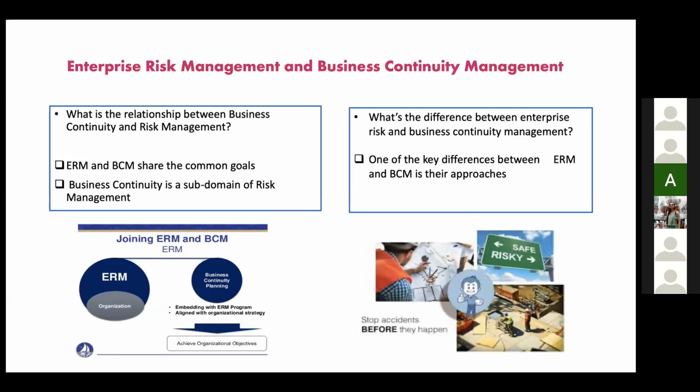COSO describes ERM as a process that is established and implemented by a board of directors, management, and other personnel, and applied in strategy settings and across the enterprise, and provides reasonable assurance regarding the achievement of entity objectives. But we have to know what the ERM mission is. The ERM mission is to identify, assess, monitor, and report major risks that could impede or prevent or otherwise negatively affect achievement of an organization's strategic goals and operational objectives. ERM enhances an organization's ability to make risk-informed decisions.